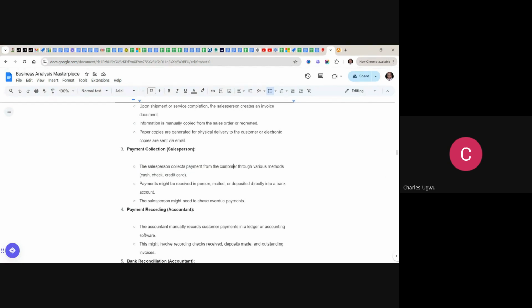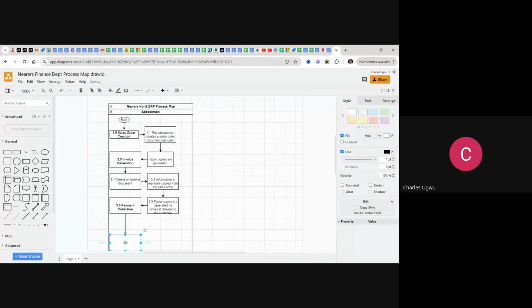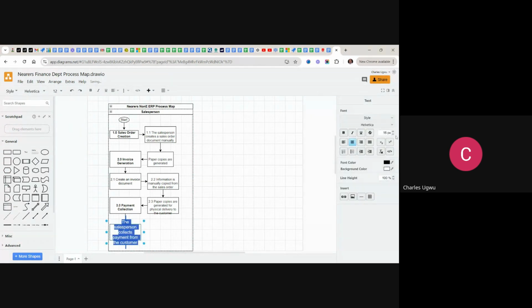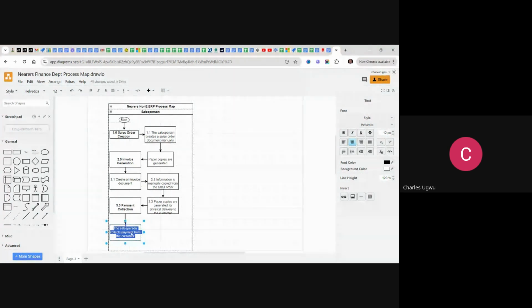So we already have a detailed document here. So 3.1,